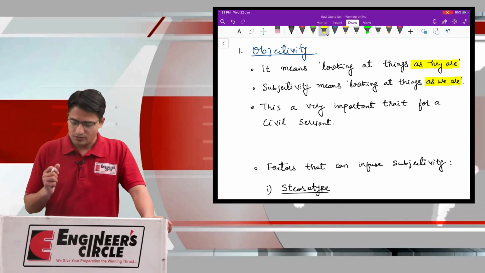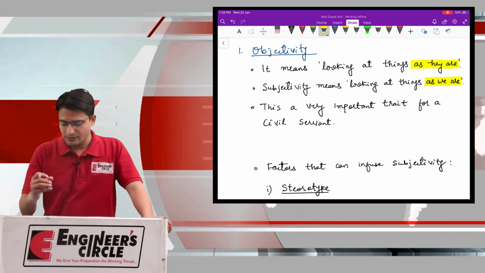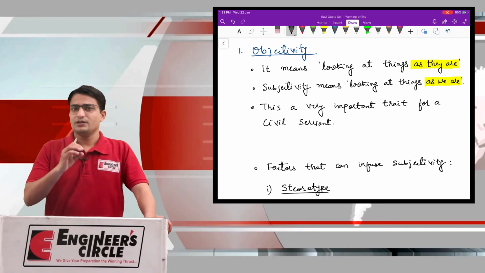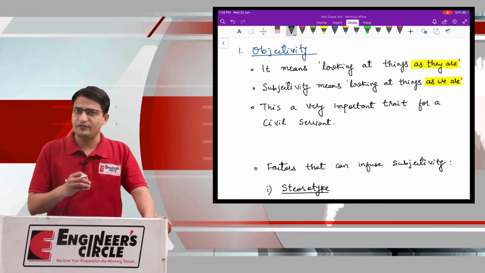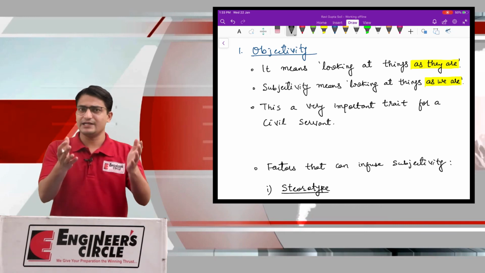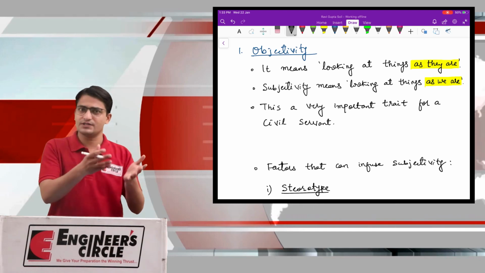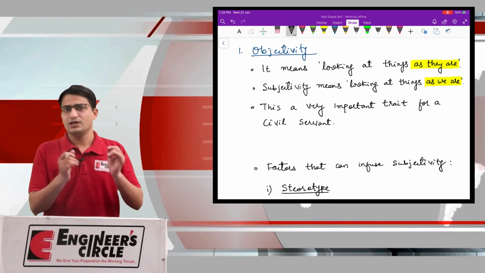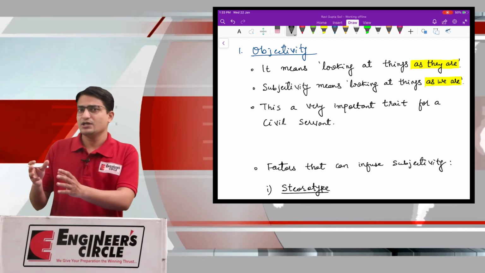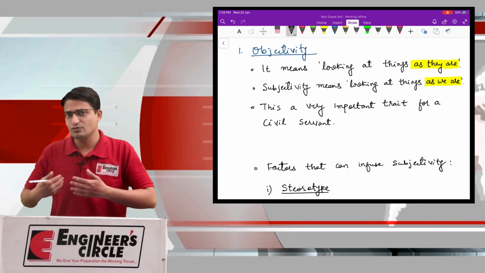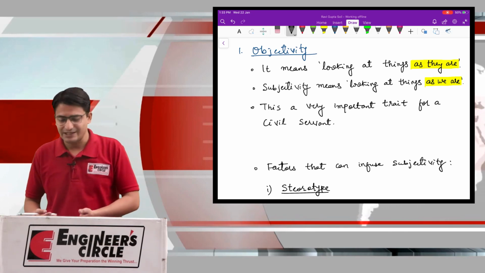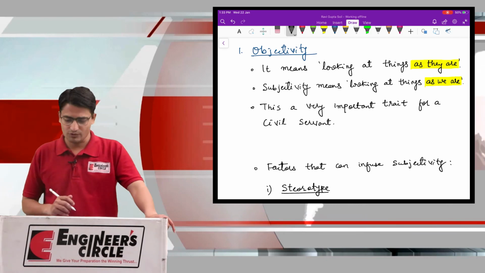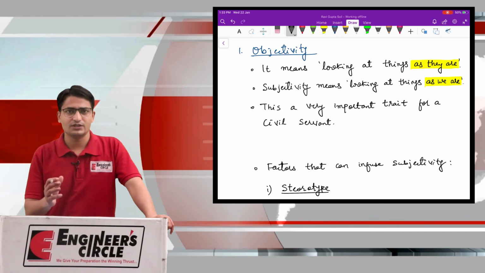Now we will be able to understand that objectivity refers to the factual component, that is looking at any problem or situation or person or community or society objectively, that is on the basis of facts. And subjectivity implies looking at things on the basis of your emotions, that as you are, so you are seeing things in the other. So this is what objectivity is.